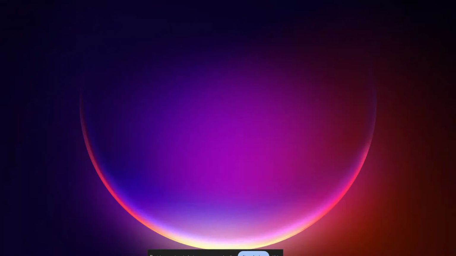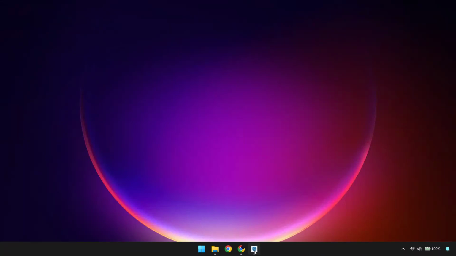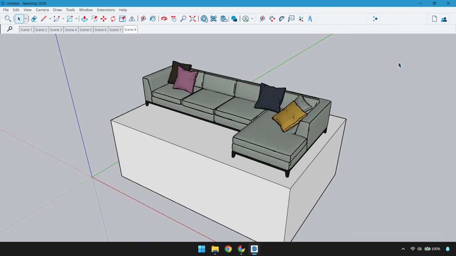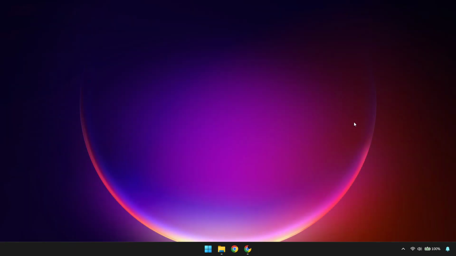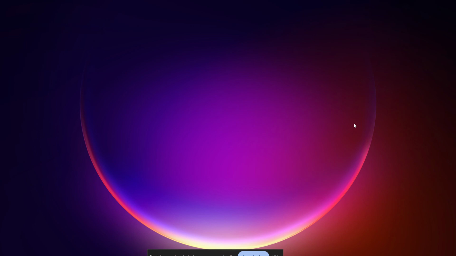If SketchUp 2026 crashes, don't panic. In this video, I'm going to show you exactly how to recover a SketchUp file after a crash, using the built-in recovery tools, backup files, and even temporary folders if needed. This is one of those situations where acting quickly can save hours of work, so stay with me and follow